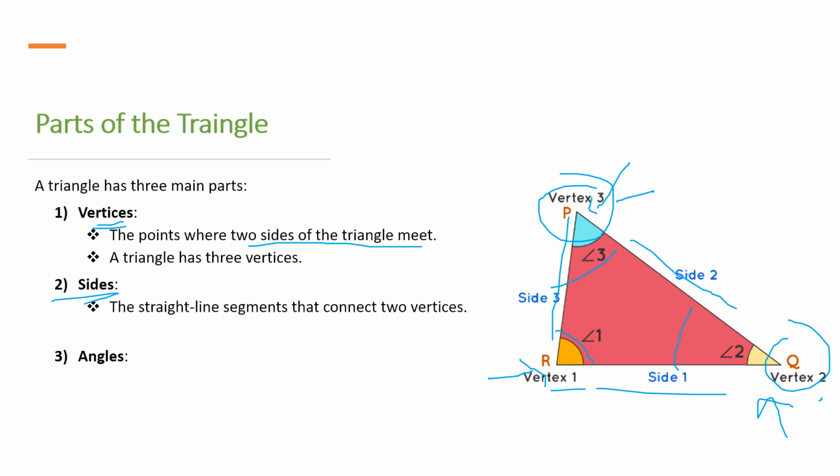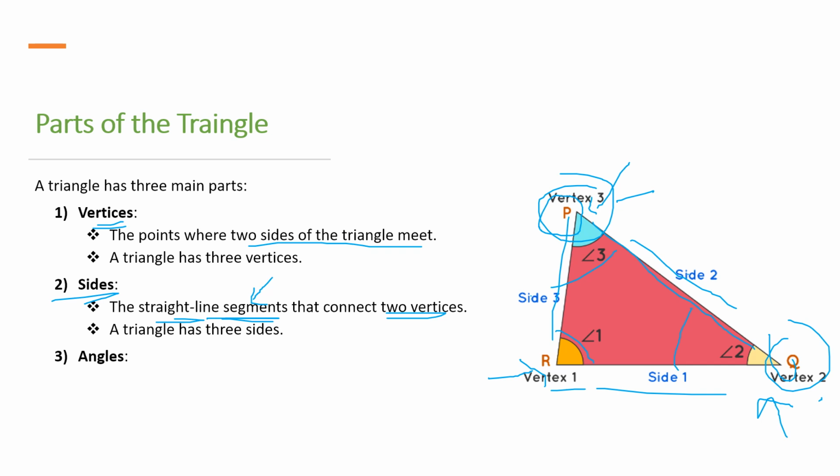A side is a straight line segment. This is a line segment, a straight line segment that connects two vertices. For example, P is a vertex, Q is a vertex, and I'm drawing a straight line here, and this is called a side of a triangle, right? So it's a straight line segment that connects two vertices,